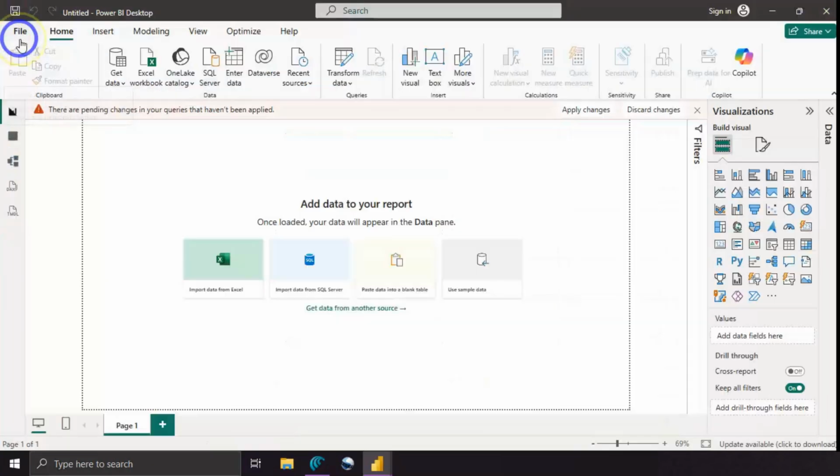So now click Close and Apply. It will close, apply the changes, and load the data into